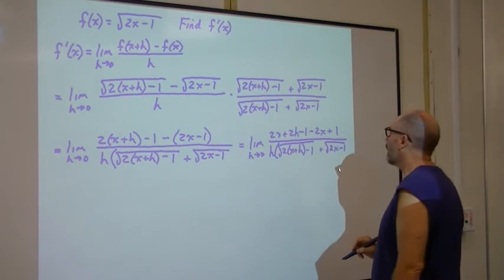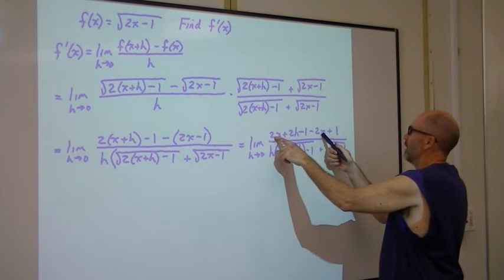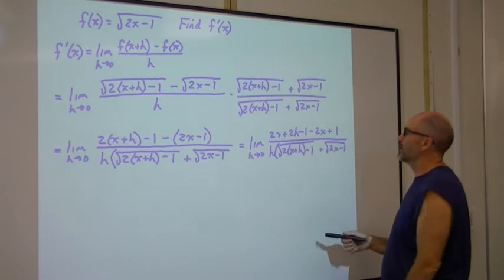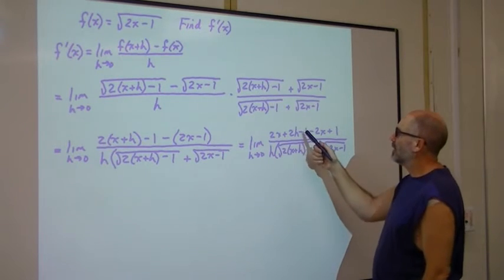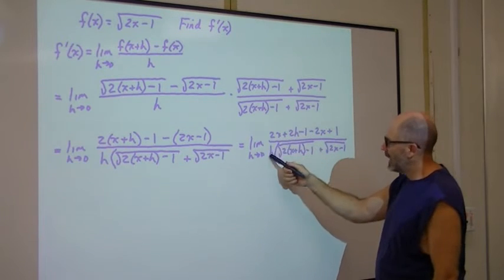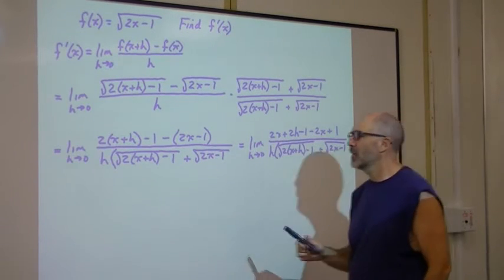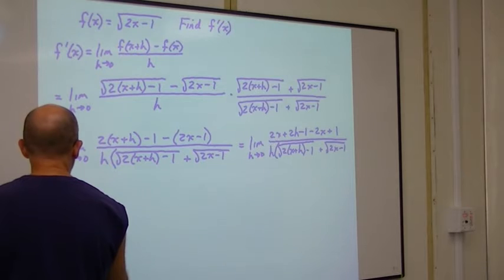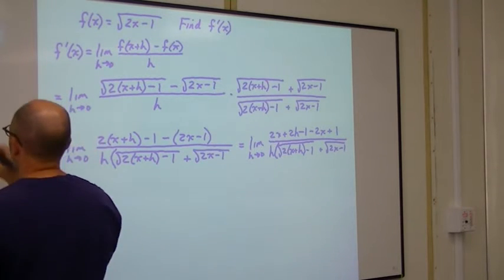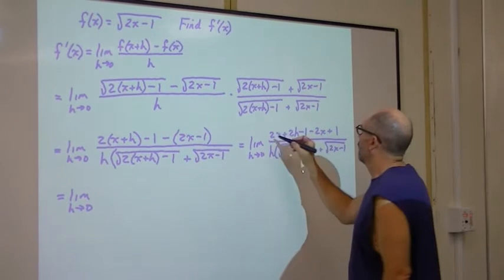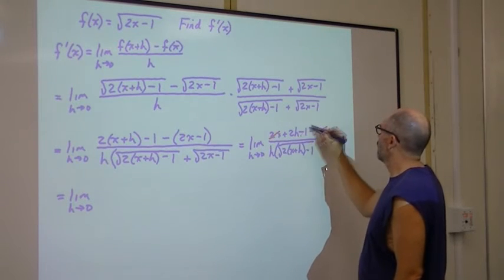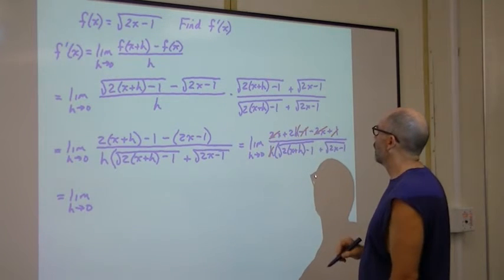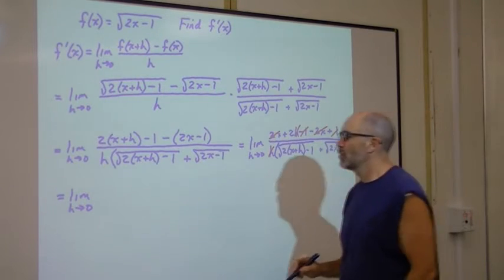All right, so look what happens on top. 2x minus 2x, they're gone. Minus 1 plus 1, they're gone. The only thing we have left is 2h on top. And so notice 2h on top and h on the bottom means I can cancel, and I'm left with the limit as h approaches 0 of, okay, remember, that 2x are gone, that 1's gone, and then the h and h here are gone. So all we have is 2